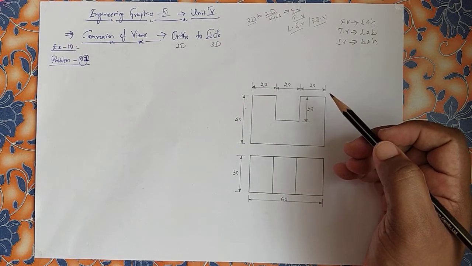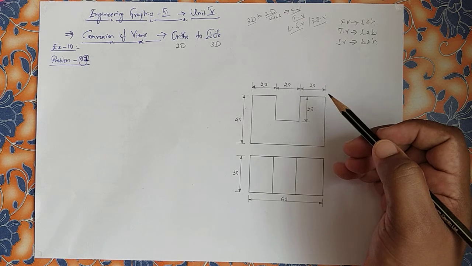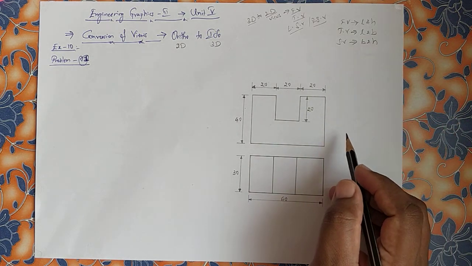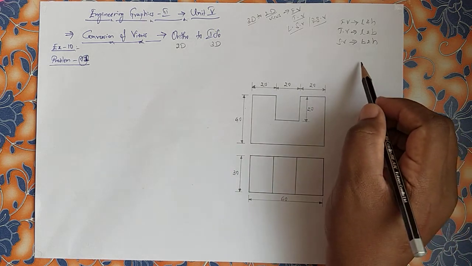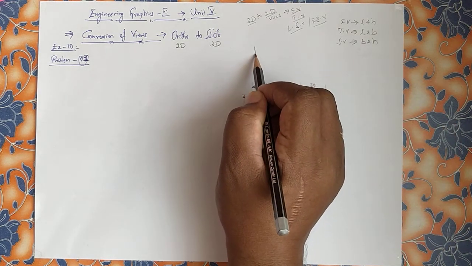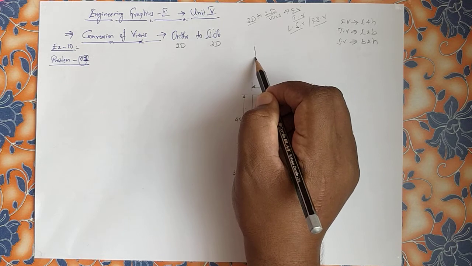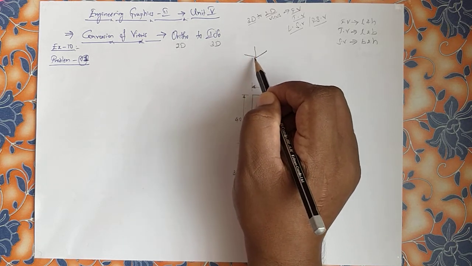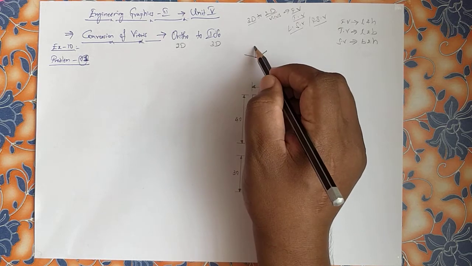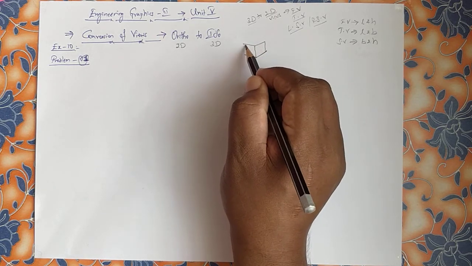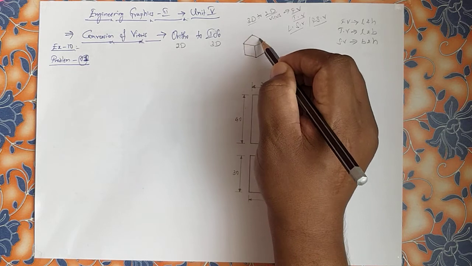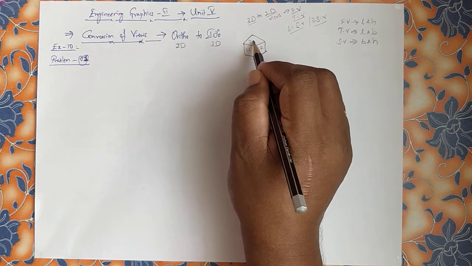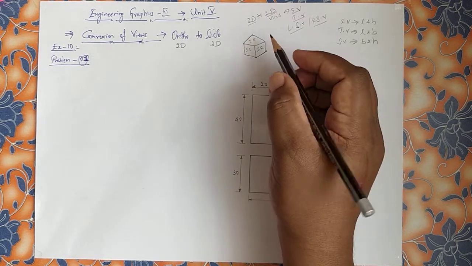This is similar to our isometric projections concept which we discussed in unit number 4. I hope you all remember, we first used one cube box. Take a point, draw 30 degree lines. These three are nothing but isometric axes: iso right plane, iso left plane, iso top plane. Here it is the same.